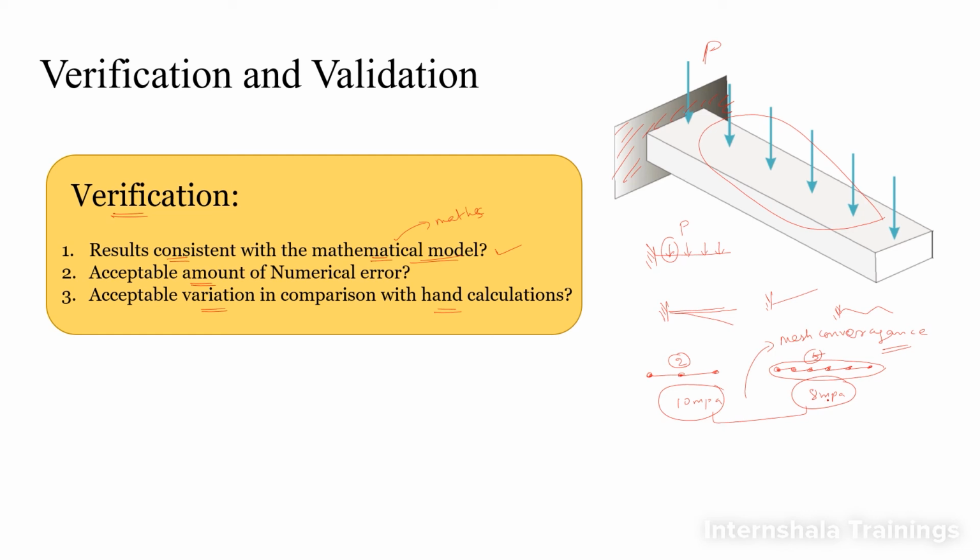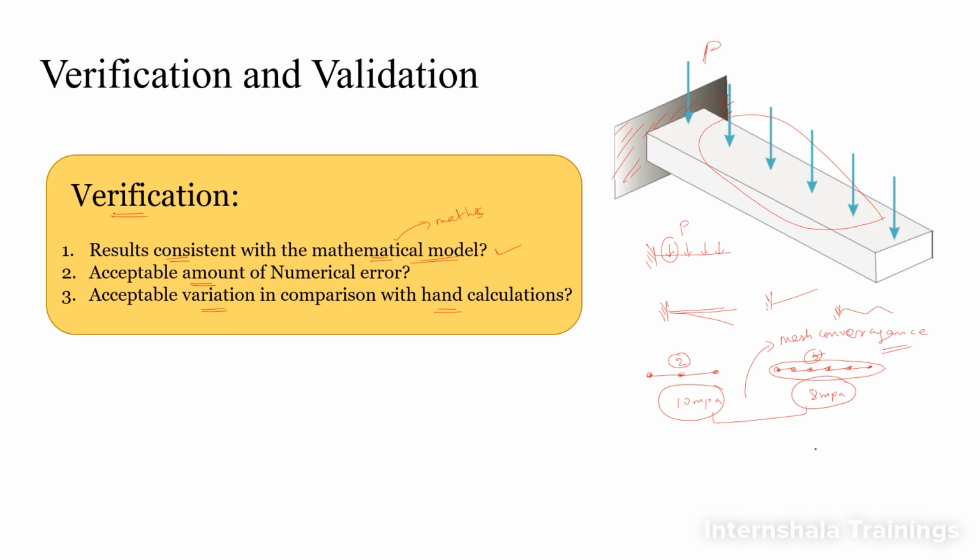As we already know, the third step is to perform hand calculations if possible. It might not be possible in all cases, but if possible, we idealize the model and perform some hand calculations derived using an analytical process. We compare whether the results we get through the finite element method and the results through that analytical method are matching or not. Based on the variation, we can say the result has been verified. This is what we do in the verification phase.